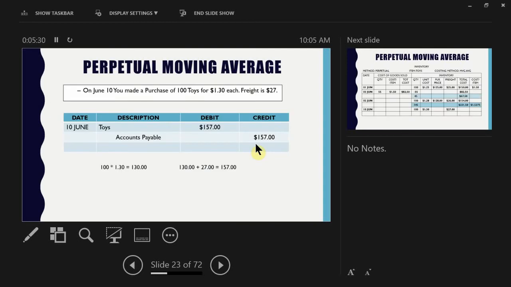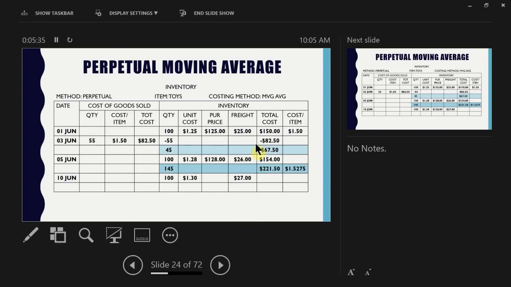All right. Now, in this scenario, I decided to purchase an additional 100 items. So again, I do my calculation here. I know that since I bought another additional 100 items for $1.30 each, so 130 plus $27 gives you $157. And then now I need to recalculate my total cost, because now I have a newer balance, right? I need to add that additional 100 items to my 145, bringing me now to 245. Adding that 157 to the 150, now I have